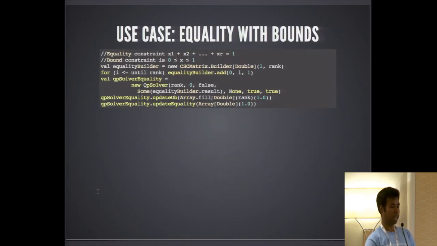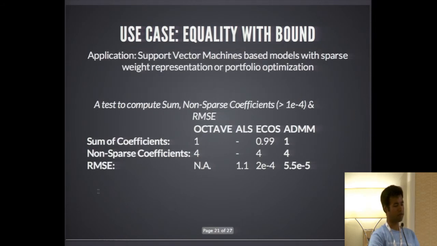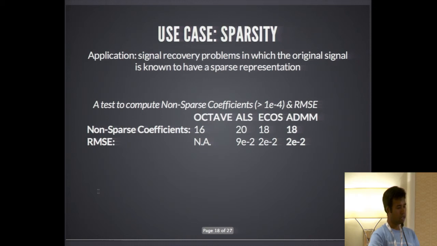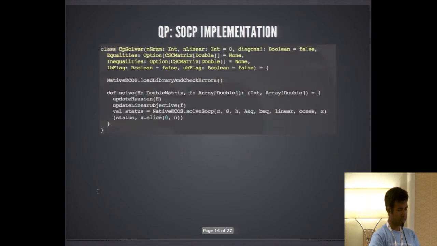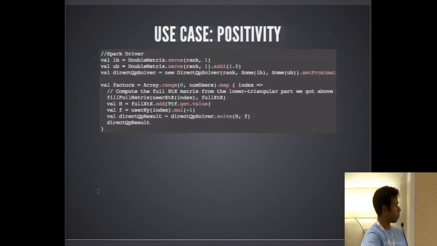Oh no, ADMM is not distributed. If you look at the Spark code base in MLlib recommendation, you will see a step like this. The matrix factorization problem, Spark distributes in a way that every solve becomes data local. Now our solver comes after that. It's the computation of the X transpose X matrix that utilizes Spark. Yes, X transpose X comes from Spark, then we send it to our solver and get the answer back.